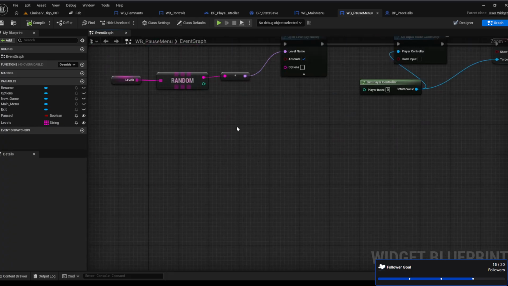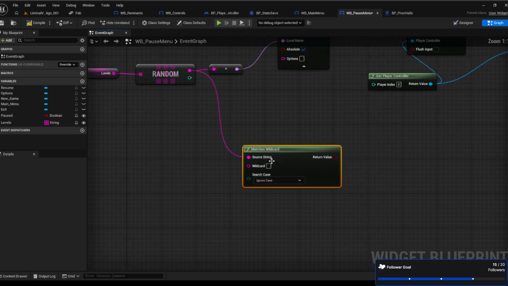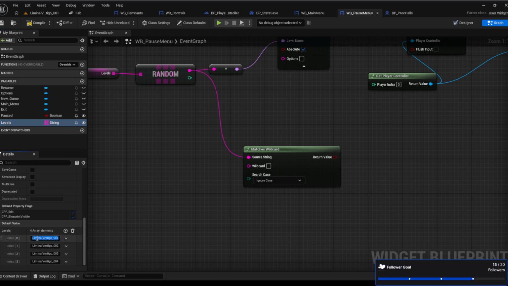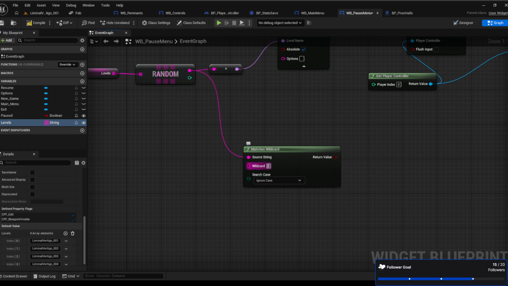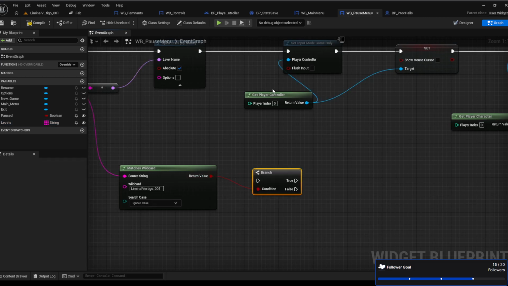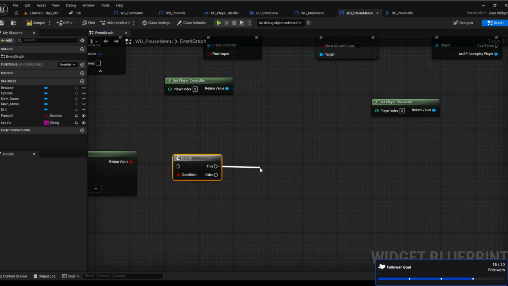Okay, so I can give myself some space for matches wildcard. If it matches, copy, paste, branch. If true,